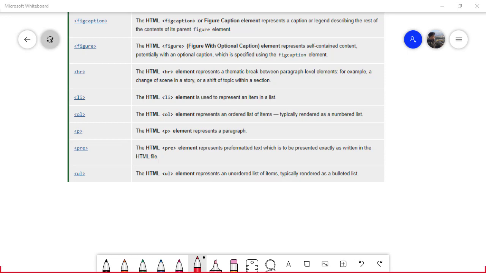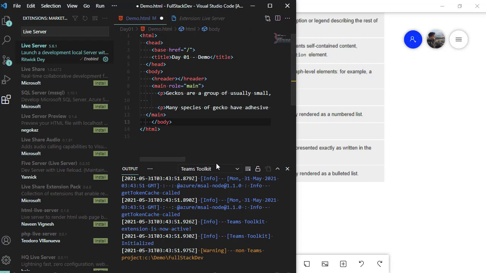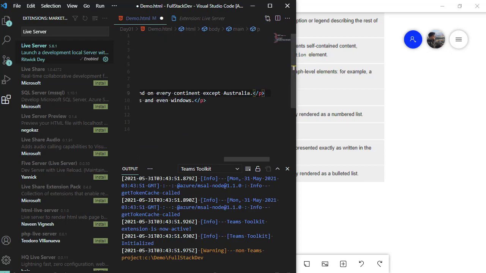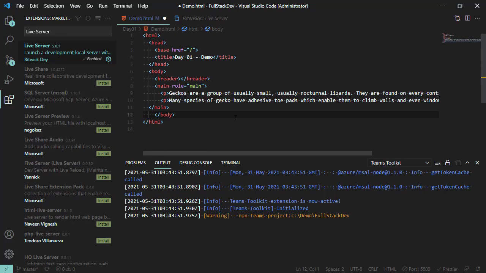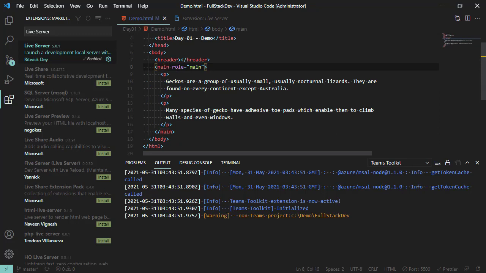So I'm going to start with the main tag. Okay, so I've copied some code, and I'm going to come to our application, and inside body I'm going to paste this. Let me go ahead and increase the screen size. All right, so in the body there is a main tag. The role is another attribute that is present over here, and then it has two paragraph tags. Now if I hit the save button and go back to